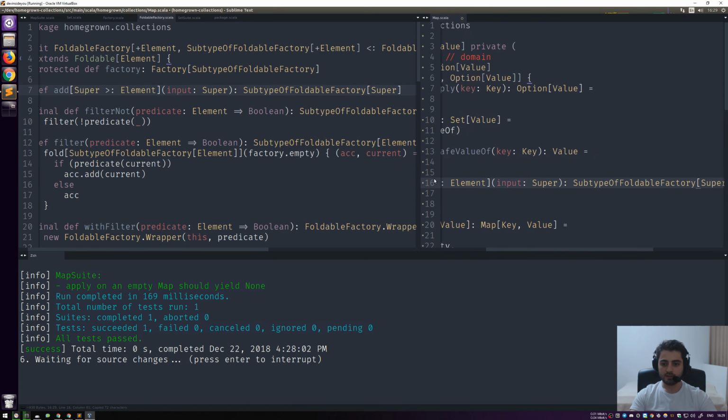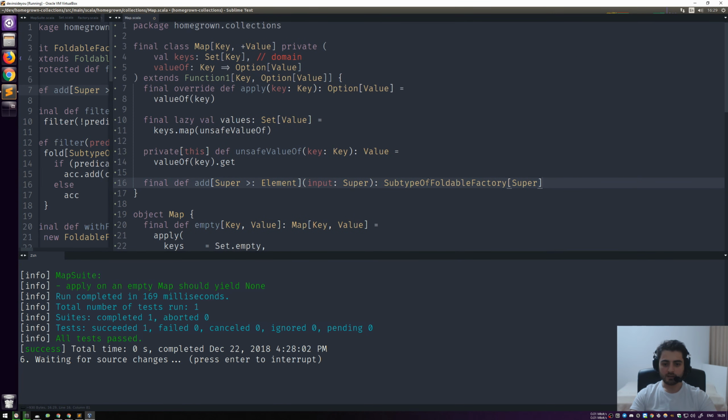Put it over here. Let's have some more space. Okay, so it's just a map. So it used to be just a super and an element, but in this case we're talking about values which are in the covariant position, right? So we're gonna have over here value, and because of that we're gonna call this super value,